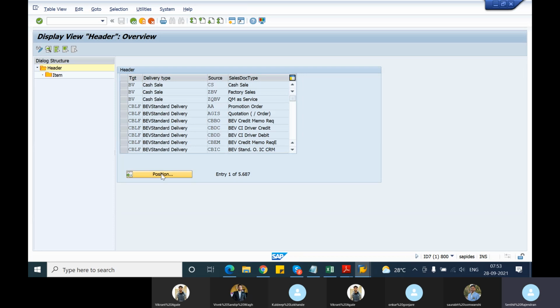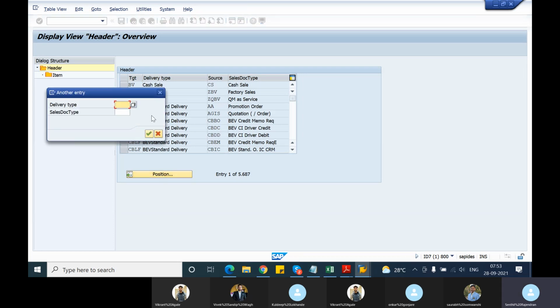So now here you have delivery document type, which for example we'll give LF, which is the target, and source